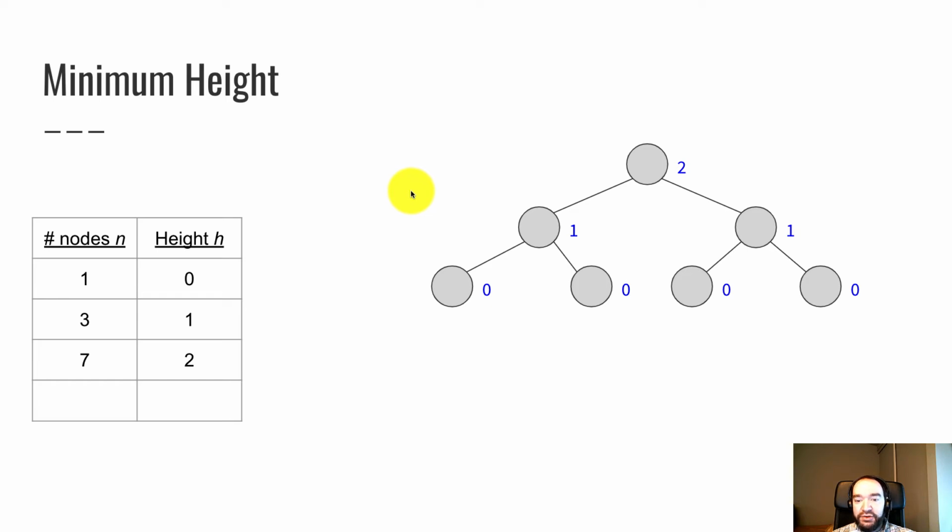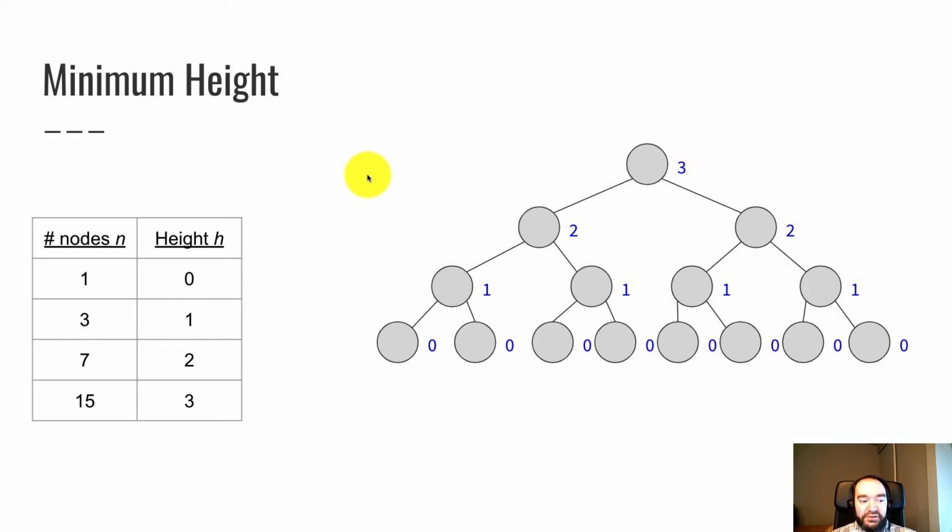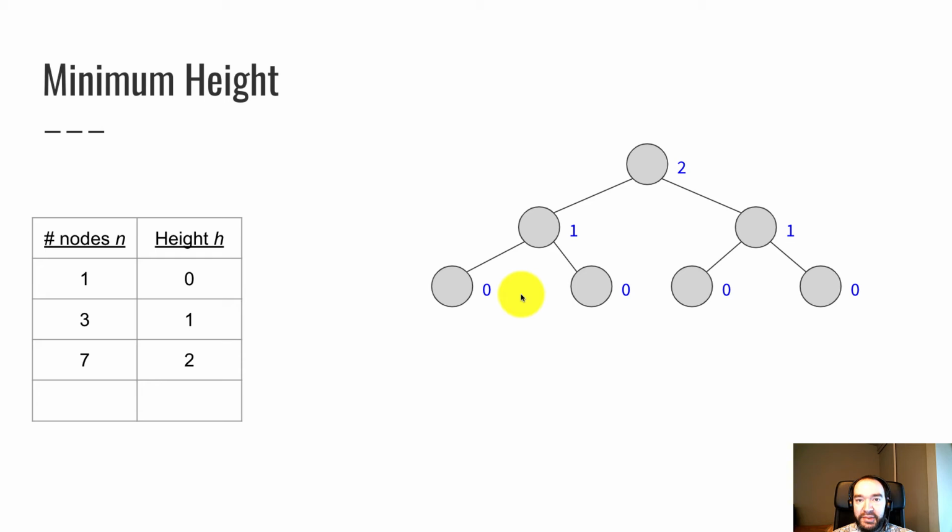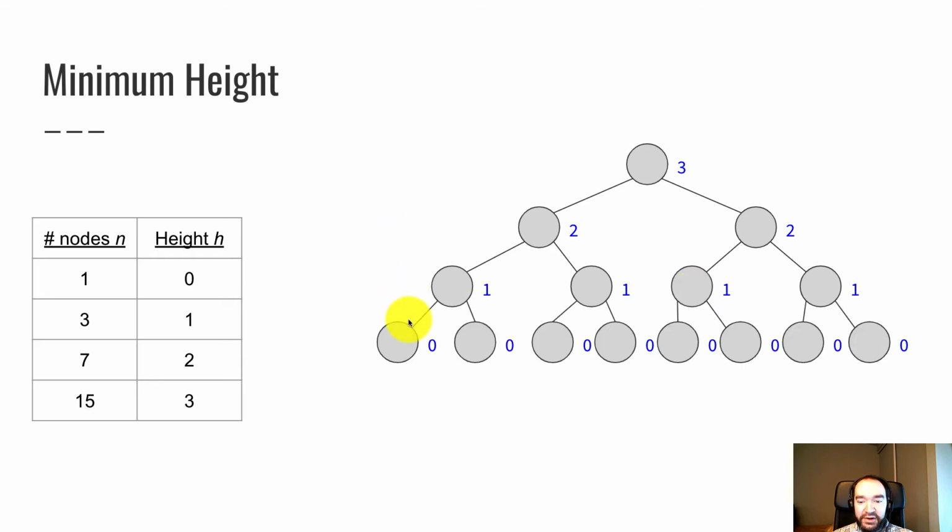So now we have a total of 7 nodes, 1, 2, 3, 4, 5, 6, 7. N is 7, and the height is incremented up to 2. Let's do one more round of this. So if I add any children to these leaves here, I have to add pairs of children to all of the leaves. And so we add another 8 nodes at the bottom, 1, 2, 3, 4, 5, 6, 7, 8, for a total of 15 nodes to make a binary tree